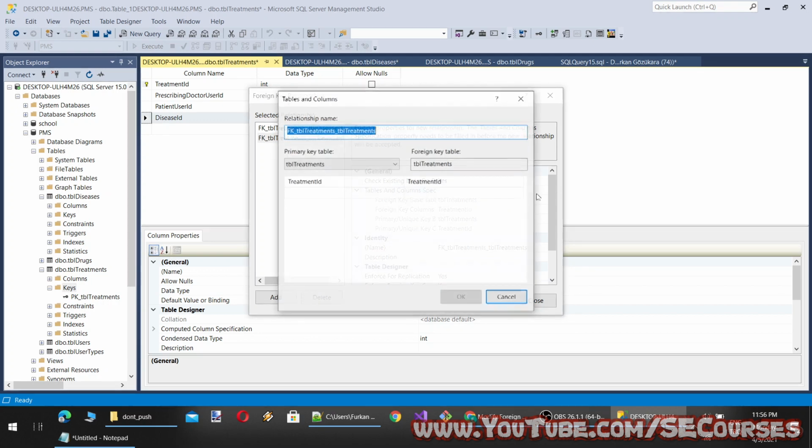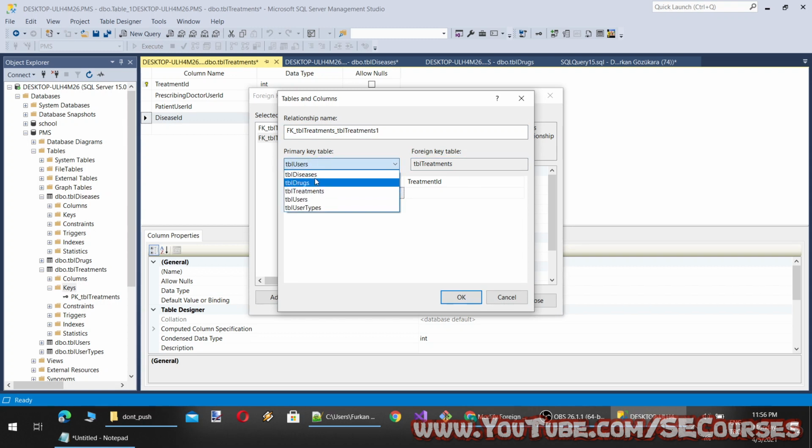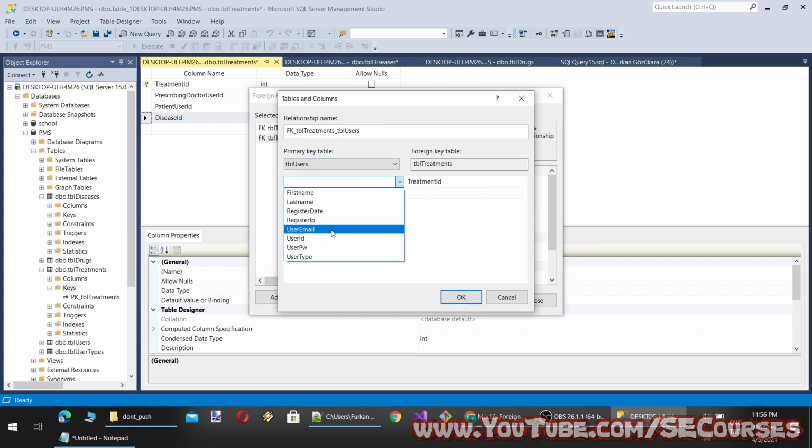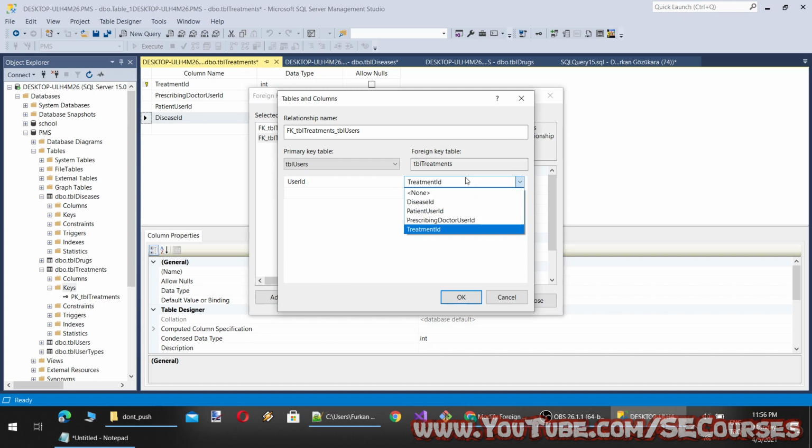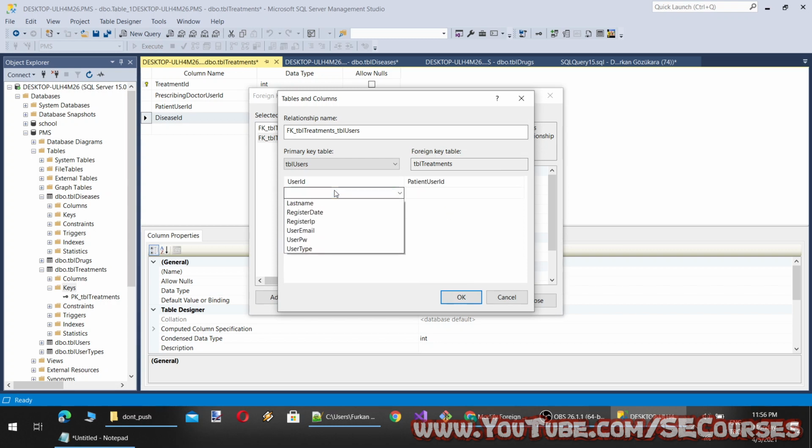Okay, and so here drugs, no, not drugs. We need users. Yes, from users table, user ID will be the patient user ID. Oh, can we define multiple? No. Okay, I wonder if this would work.